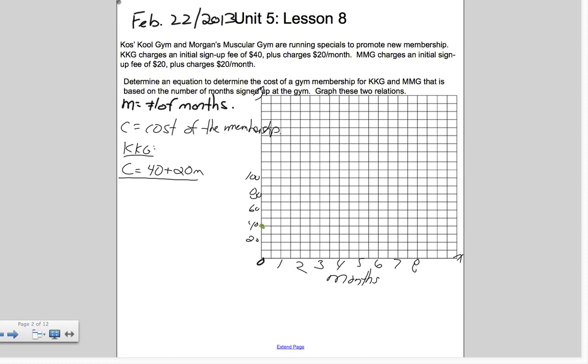How do I get another point on my line? You just estimate a number. What do you mean by estimated number? You just choose a number for m. So choose a number for months. Good. So you want to choose m is equal to 2. Okay, so here, if m is equal to 2,